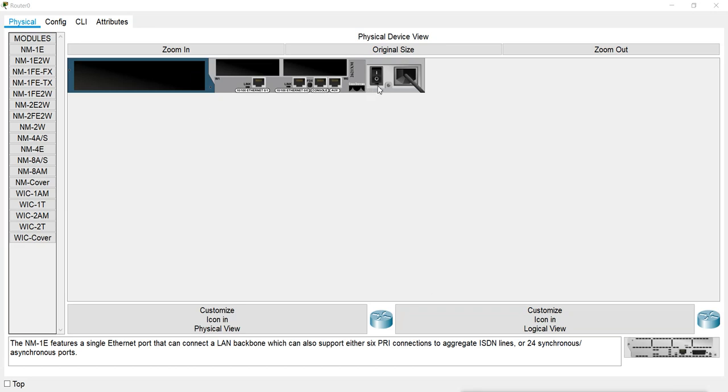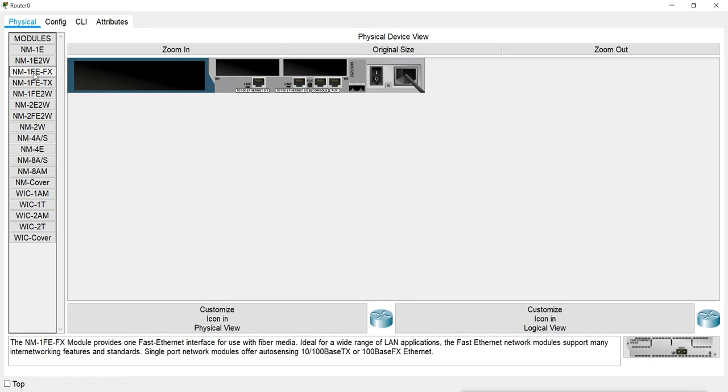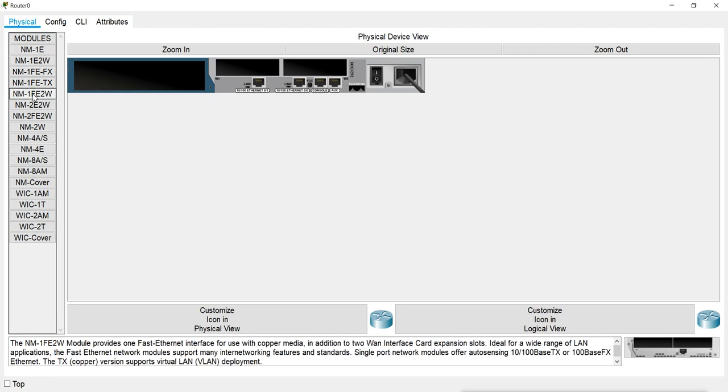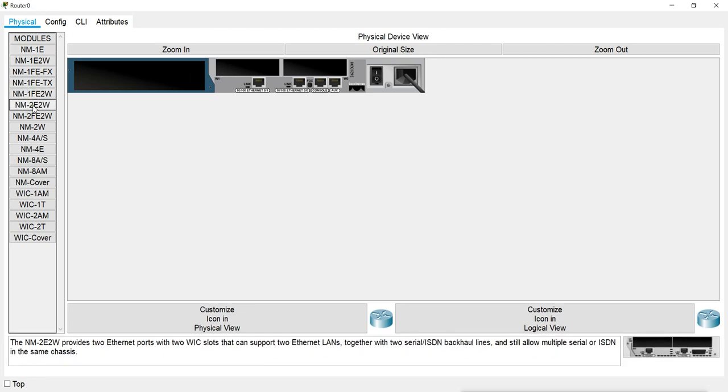I will switch off the router, and then I will find a port for fast Ethernet. So we have this one, I will use this one.